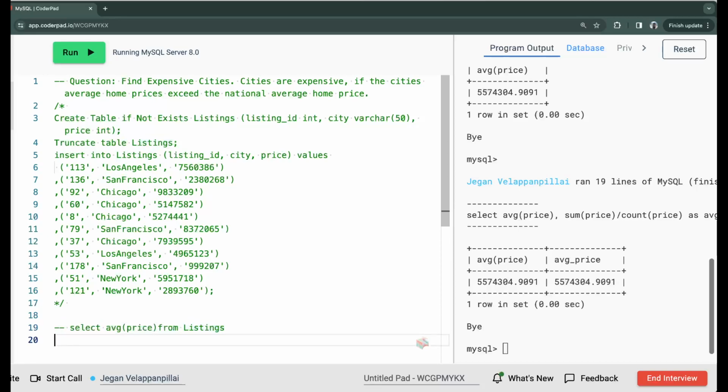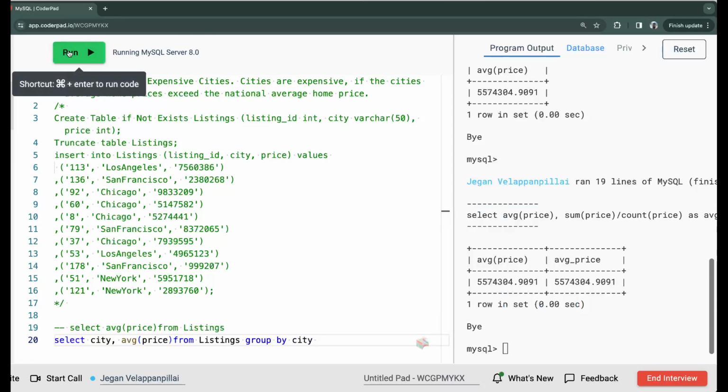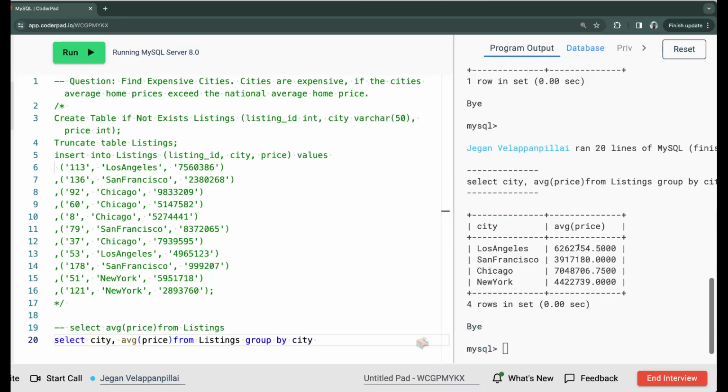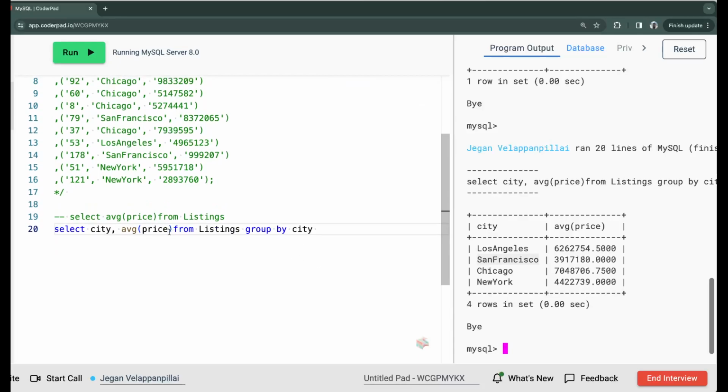So how do we get the city level average? The same thing, but we group based on the city: average price group by city. So in this case the average price is broken down to the city level. Now what we have to do is find this average price as city average from listings